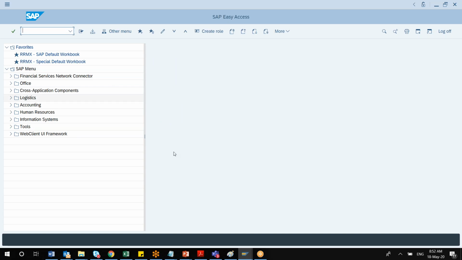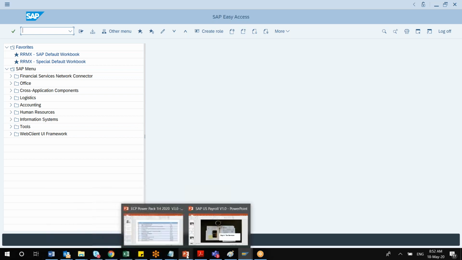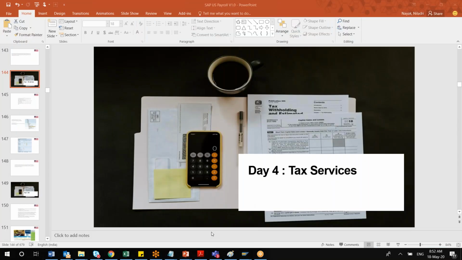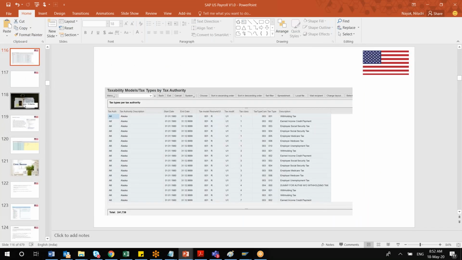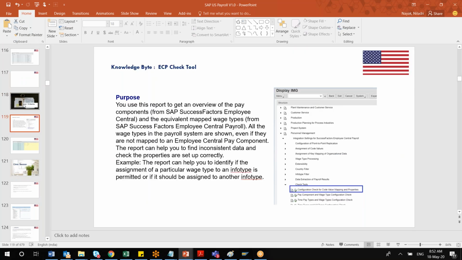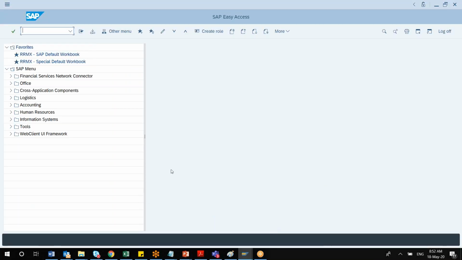And that transaction I couldn't find yesterday, which I was showing you, the payroll step number 17. That is because this system is an older EC payroll, not the latest one, so for that reason I couldn't find it in this system. But in your latest system, whenever you get one, just verify it. I've already given this screenshot from my web-based EC payroll system. You'll find a check tool there, and inside the check tool you'll find that. So you can explore that. Other than that, the remaining transactions I will show you.